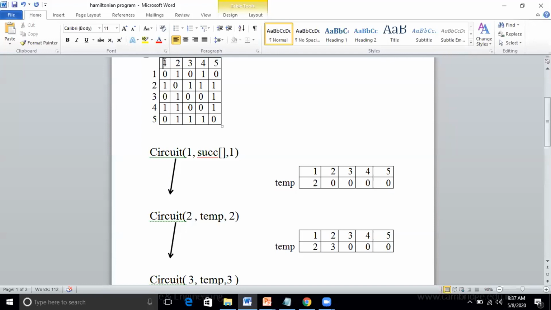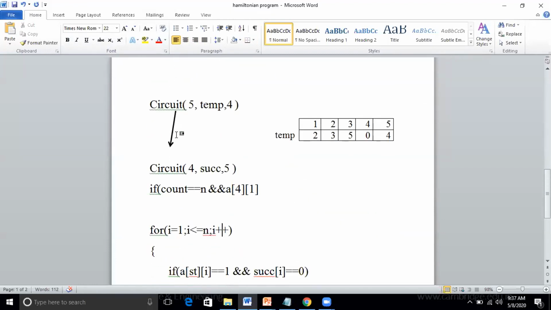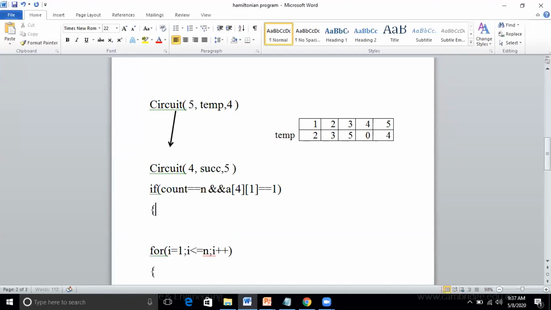See, these are the index. So if you want to just mark in yellow, these are the index. 4 to 1, do you have a path? Yes. So now, if count equal to n, and from that last node to the source it is equal to 1, then we got a path.